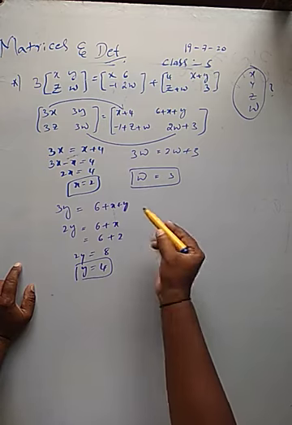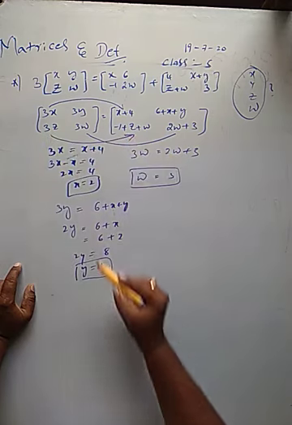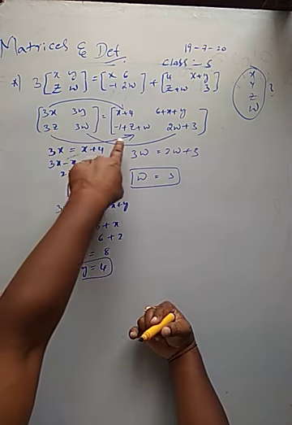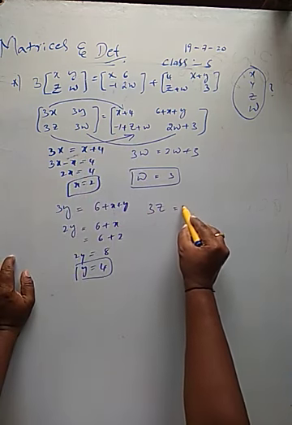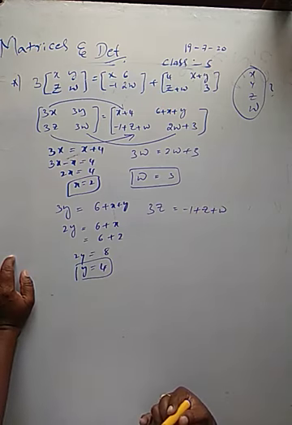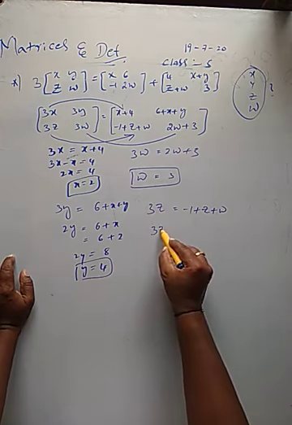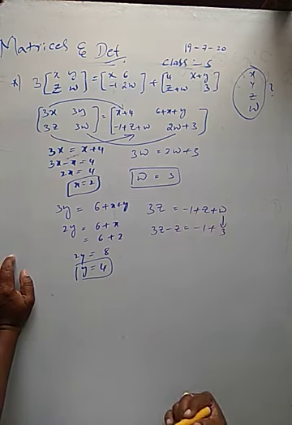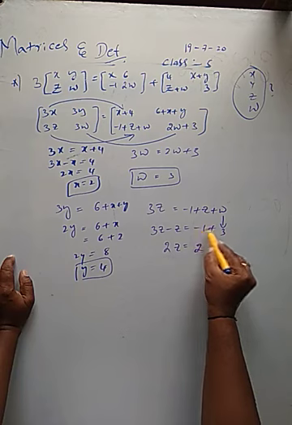We have to find out z. The element corresponding to 3z in the first matrix is minus 1 plus z plus w. 3z equals minus 1 plus z plus w. We have the value of w. 3z minus z is equal to minus 1 plus w value 3 from this equation. 2z is equal to 2, minus 1 plus 3 is 2.